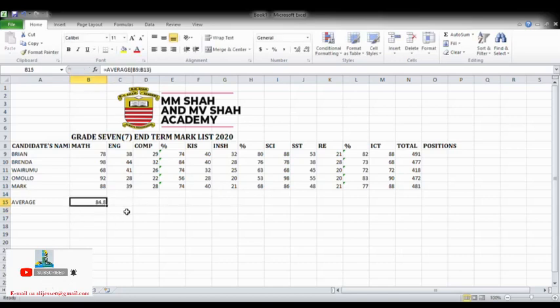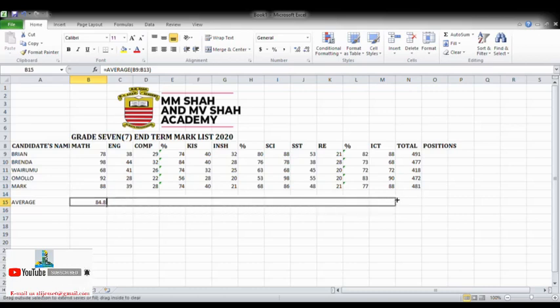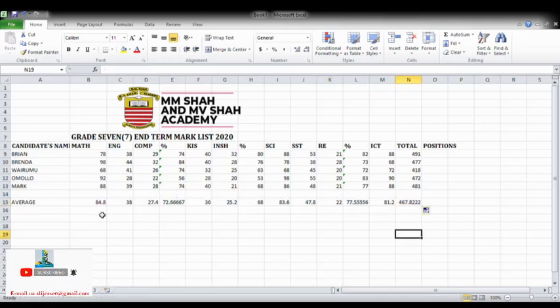So that is what we're getting. So the average for mathematics is 84.8. If we have to get all the averages for the entry, even the average for the class, that's how it's going to look like. The ones that exceed one decimal place, you can reduce to one decimal place. So for the class, to one decimal place, yes. So the average for this class is at